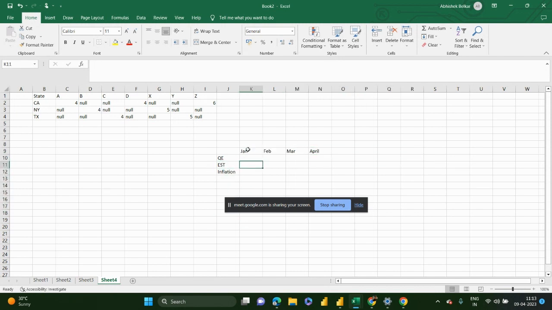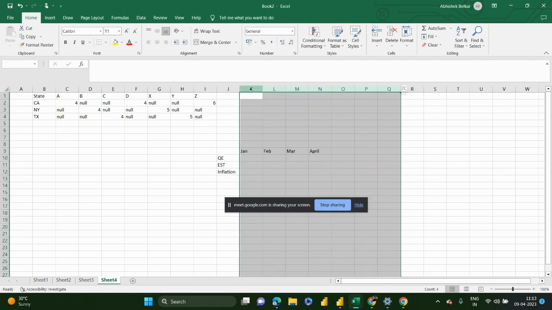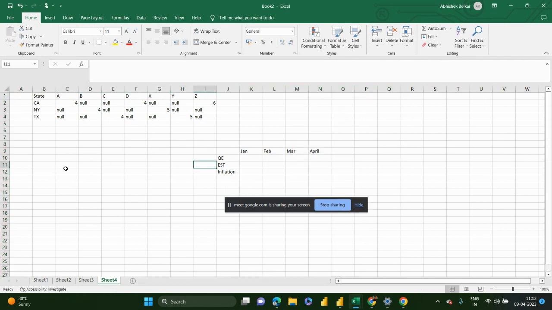In that case, what you need to do is just select these months and unpivot them. So you have data like this, and then Jan, Feb, March, and then again for this category, same Jan, Feb, March to December,